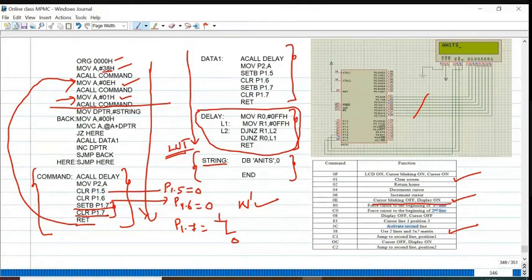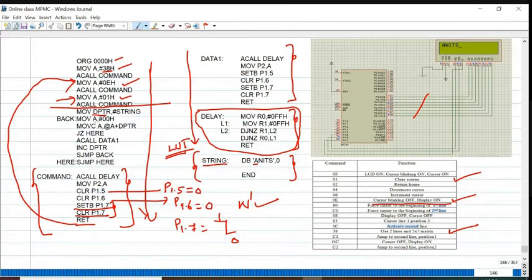Move DPTR comma hash string. So what is the starting address of this lookup table? Meaning in which address location the ASCII value for capital A is saved in the form of hexadecimal. That address is loaded into DPTR first.